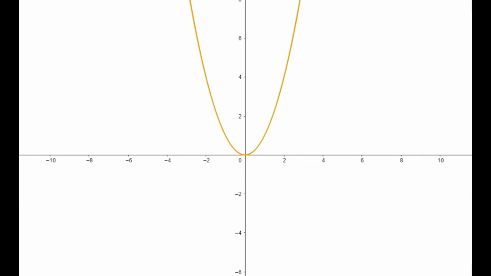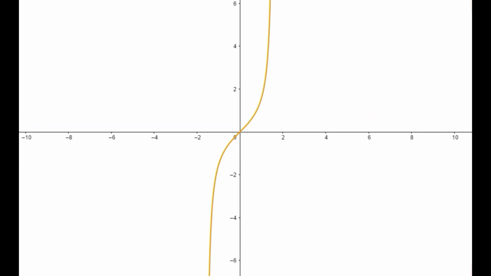Can I say that the same function is 1-1 or not? So if I draw a horizontal line which intersects the curve, here you can observe that the line is intersecting the curve at more than one point. So it is intersecting at 2 points. So the function is not 1-1. Whereas for the function f of x is equal to tan x over the domain minus pi by 2 to pi by 2, the horizontal line is intersecting at only one point. So the function is 1-1, that we already discussed.